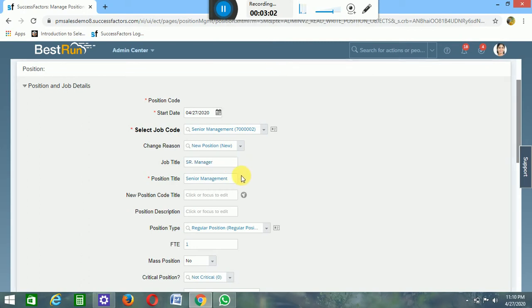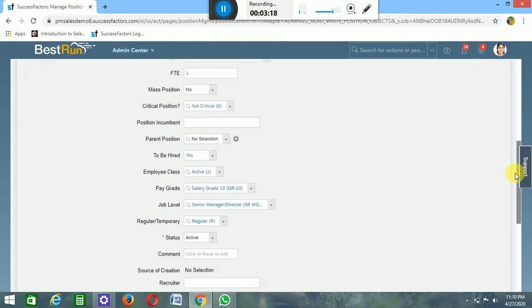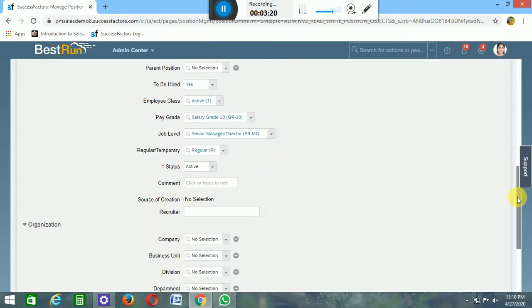You can copy the same thing and place it in the position title. When you are in a learning stage, you need to remember the fields and what exactly they mean.